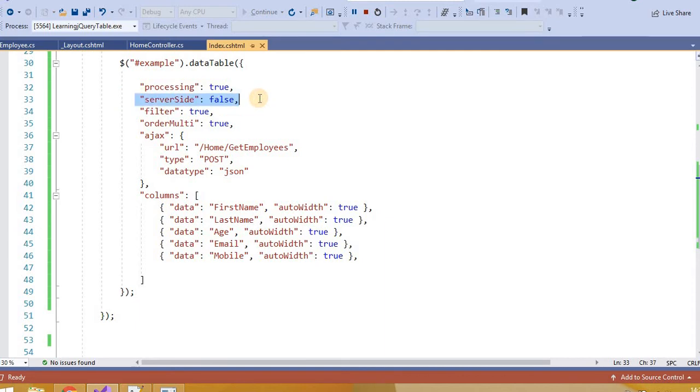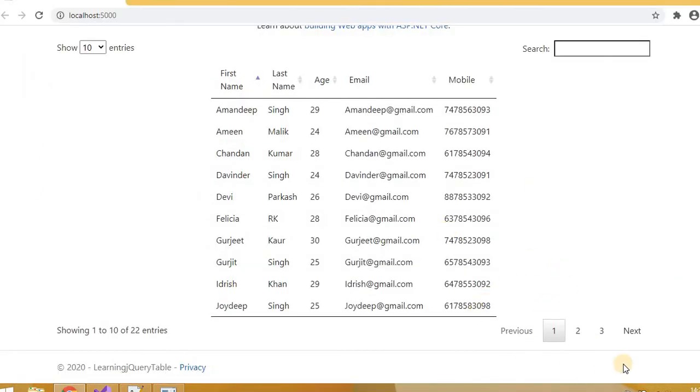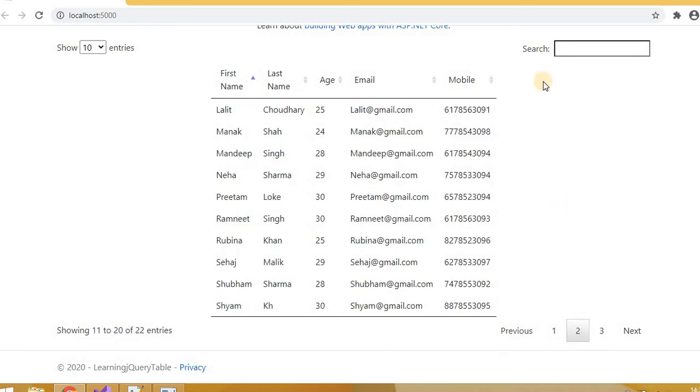So this is the effect of this particular property. If you want to process something on the server and apply some changes on the server, in that case we say server side is true, and each hit will go to the server. Now this is the basic which we implemented here to use the jQuery table, right? We can add multiple things like styles here. For that we can add a CSS class, and we can change the width of this particular table, or implement multiple things here.